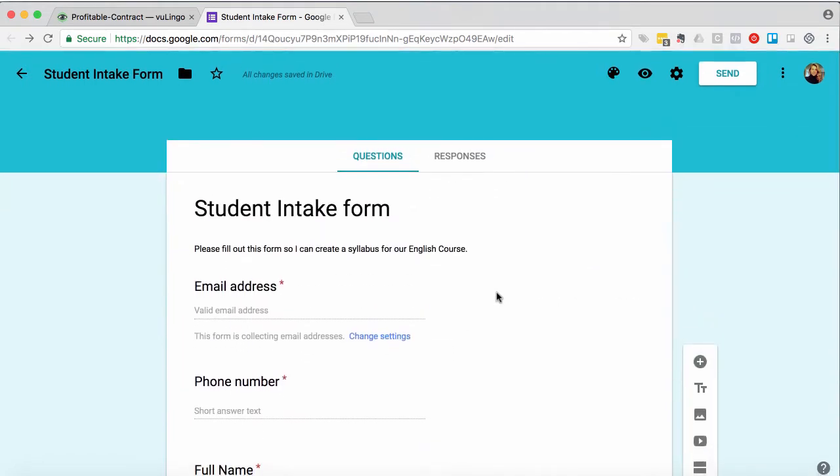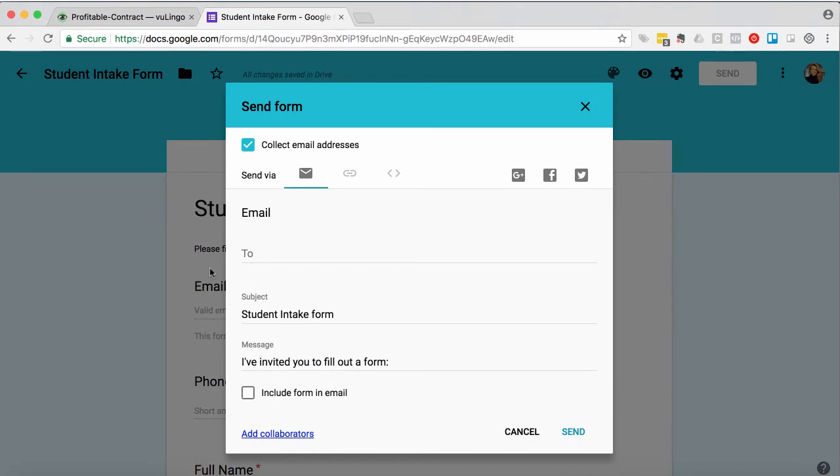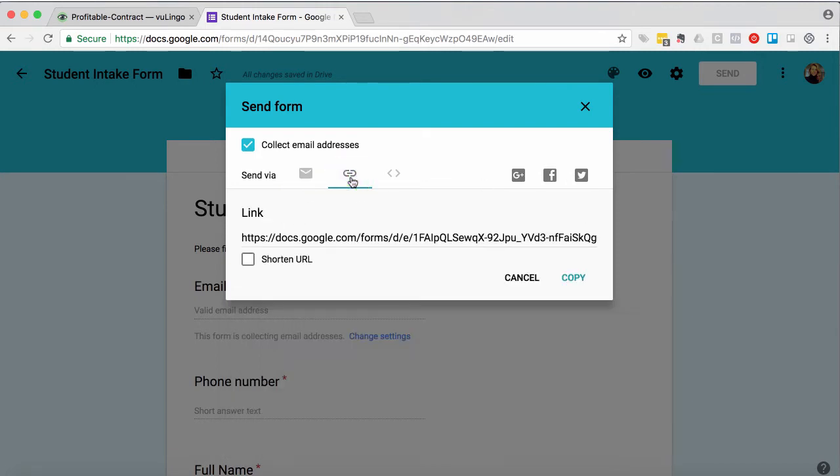Okay, so this is how you send the student intake form. It's very easy. You go into Send, and you can either input your student's email directly here, include it in an email and send, or you can send a link. I like to shorten the link, and then I simply copy it and paste it into an email that I send to them, because at the same time, I'm also sending the English assessment form, which is basically a placement